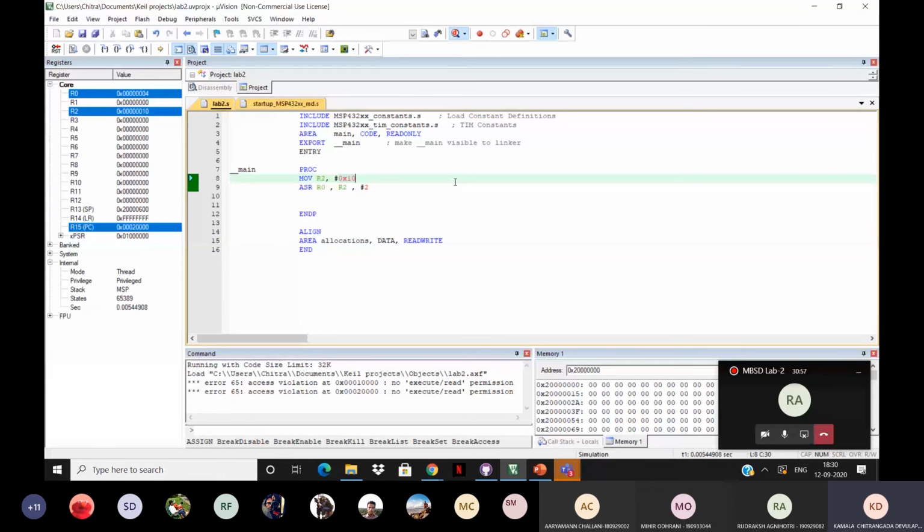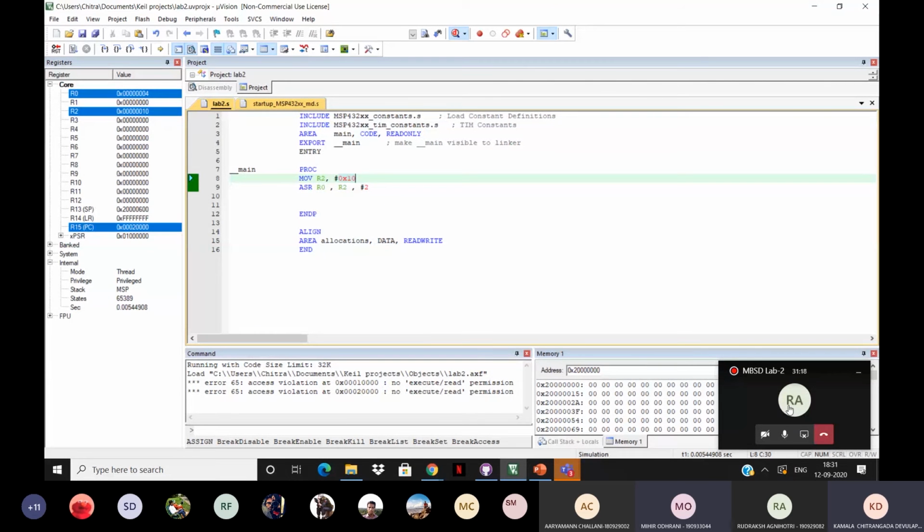Yeah, so this is how ASR works. And ROR is basically it rotates, like your LSB becomes your MSB when you shift it once. Could you repeat that?